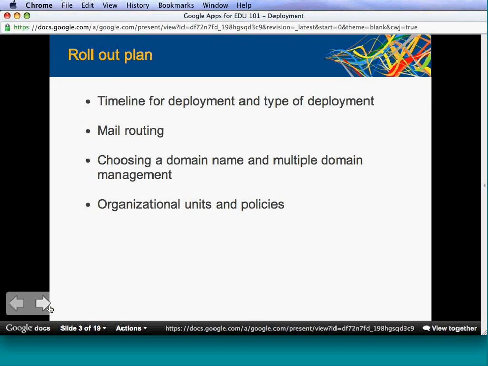The second type of launch we will see is known as an opt-in launch. So an opt-in launch works by people can opt into using the service. Typically, there's a date further in the future that you may say after this date, so maybe after June 15th, something of that sort, you're going to have everyone on Google Apps. However, up until that date, you're going to let people opt into when they want to switch. And this can be done with our provisioning toolkit. So users can give some of their information. This would be set up on your side, but then it can work with our provisioning API to create the